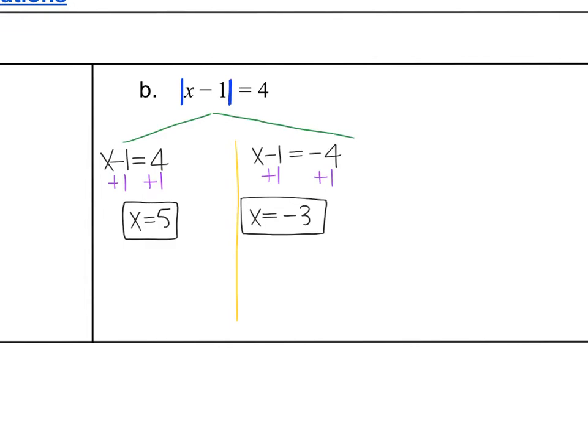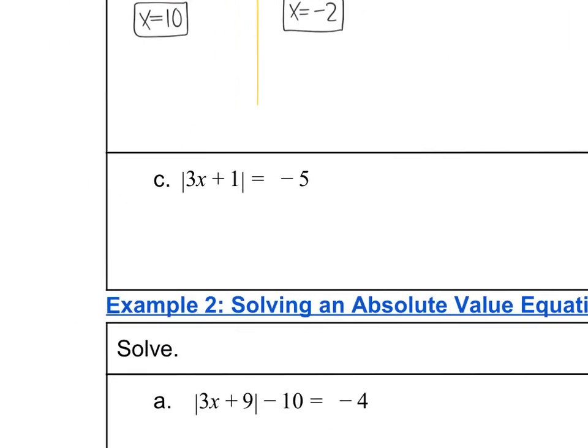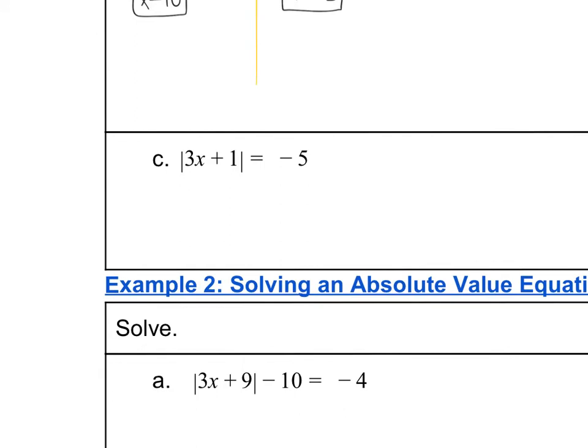Let's take a look at example C. So example C is actually a special case. It doesn't look like it at first. At first I see the absolute value, so a part of me is like, okay, well, she said absolute value, write your two equations, right? But I'm actually gonna say no here. I'm gonna undo that. There's something special about this problem that I want you guys to make sure you identify